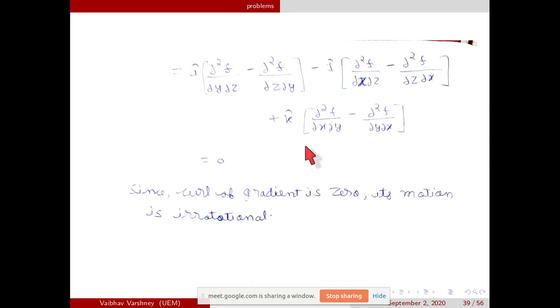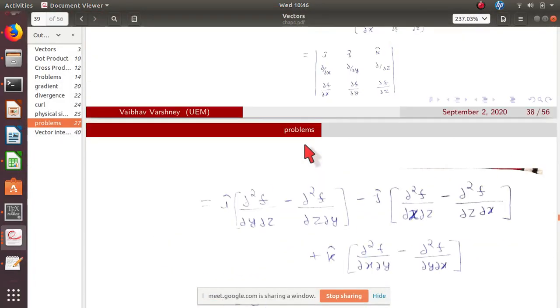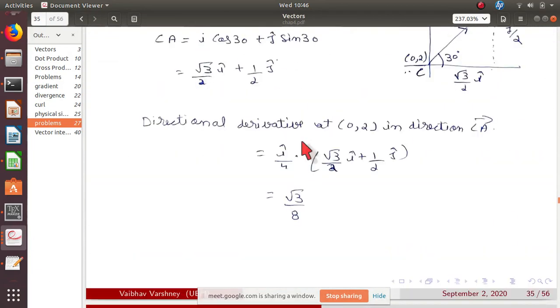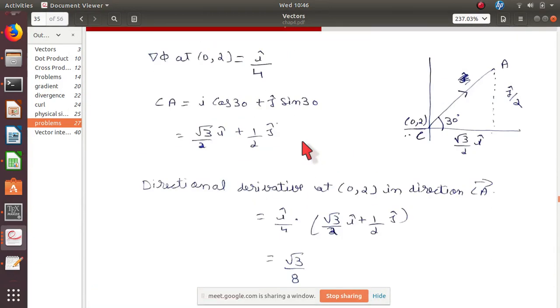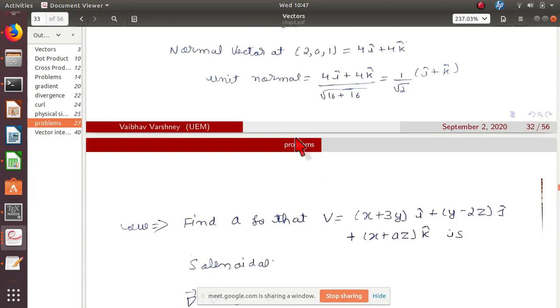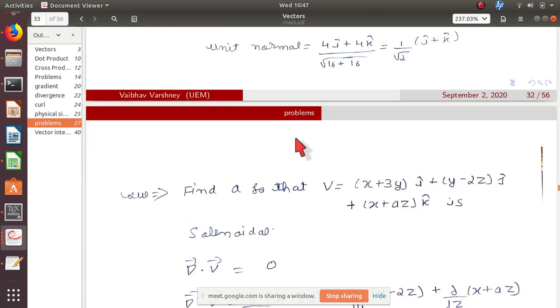Flux can be of any type, like electrical flux, also magnetic flux. Yeah, any type of flux. It depends on what the A vector is. If you take it as a magnetic field, then it's a magnetic flux. If you take it as an electric field, then it's electric flux. If you are taking some other, then it's some other. Okay, sir. Okay? Yes, sir. Got it. Any other question?